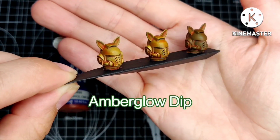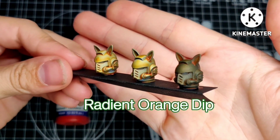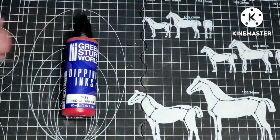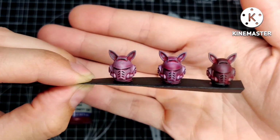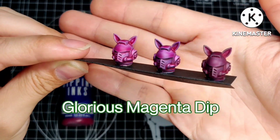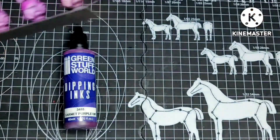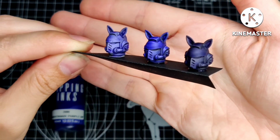the Amber Glow dip, Radiant Orange dip, the Red Cloak dip, Burgundy dip, the Glorious Magenta dip, the Garnet Purple dip, Nightshade Purple dip,